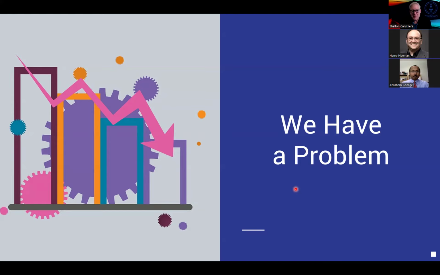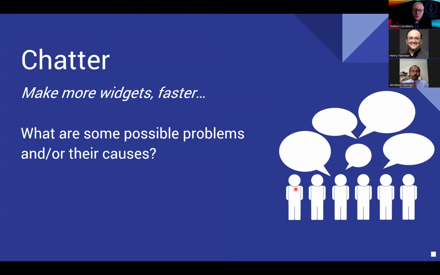And I'm the manager, and I come into the night shift team, and I say, we're going to make more widgets, and we're going to do them faster. So that might be a problem if we're working in this type of factory situation, even though it's imaginary. When the manager comes into the night crew and says, "We want more widgets and make them faster," what are some potential problems that could arise, and or what are the causes of potential problems?